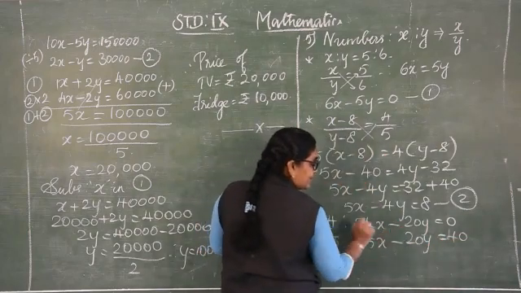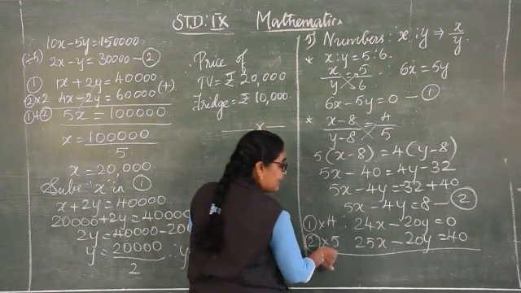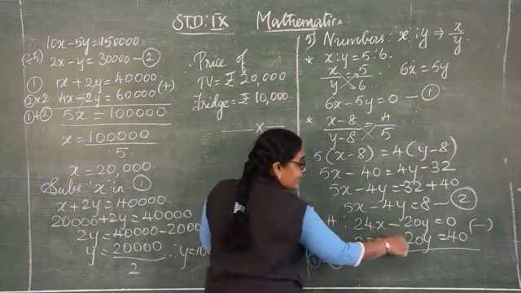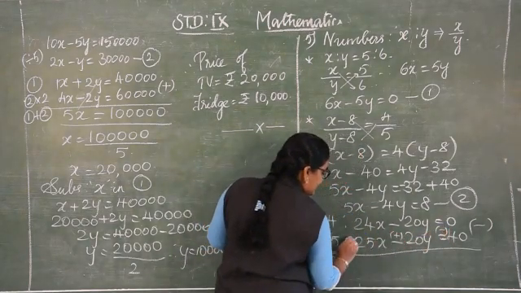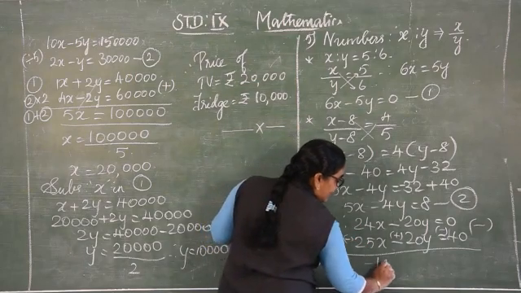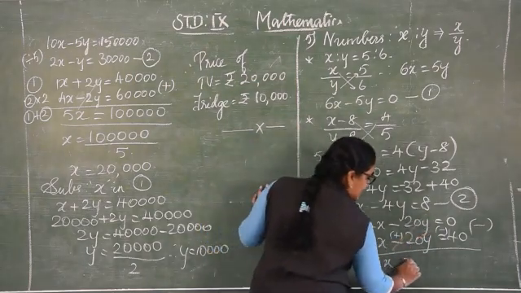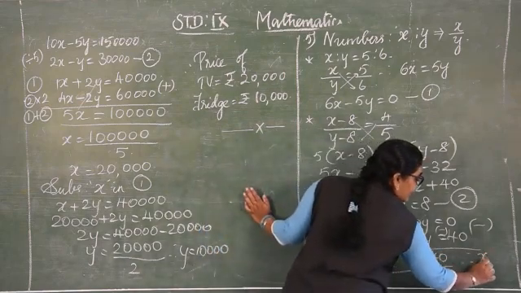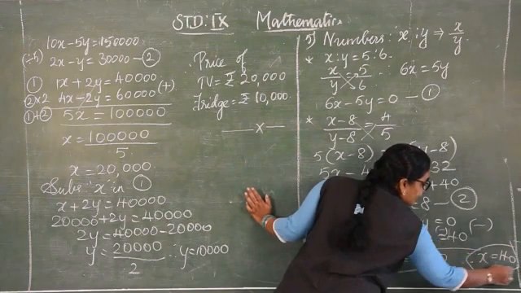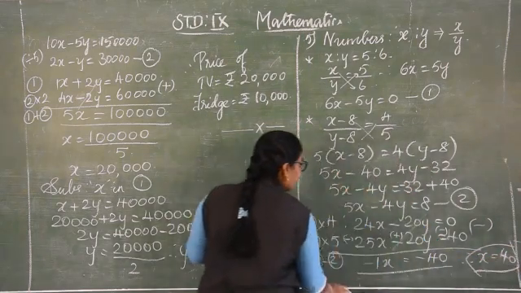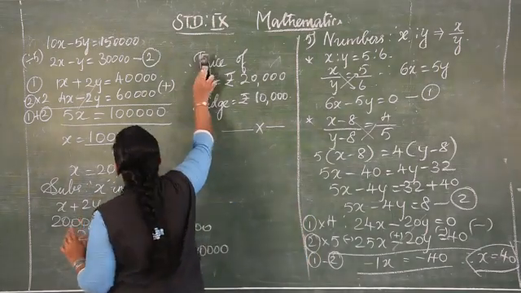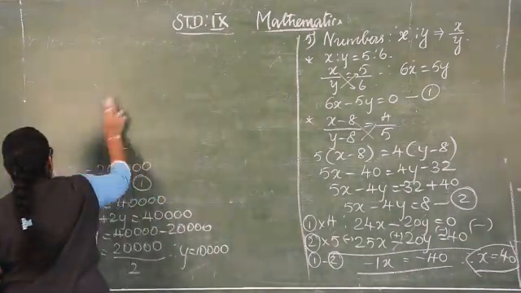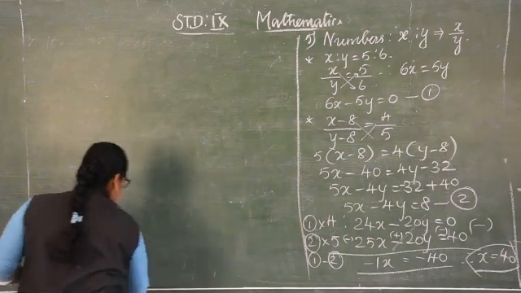Now we got the coefficients to be same. So what shall we do? Same symbol, so we are supposed to subtract. So 1 minus 2, we are supposed to change the symbols: minus and plus and minus. So 24 minus 25, x gets cancelled, is equal to minus 40. So when you eliminate the minus symbol, therefore x value is equal to 40. We got the value, x value is equal to 40. Substitute x value in any one of the equations. First equation is better because we are getting right hand side as 0. So substitute x in the first equation.